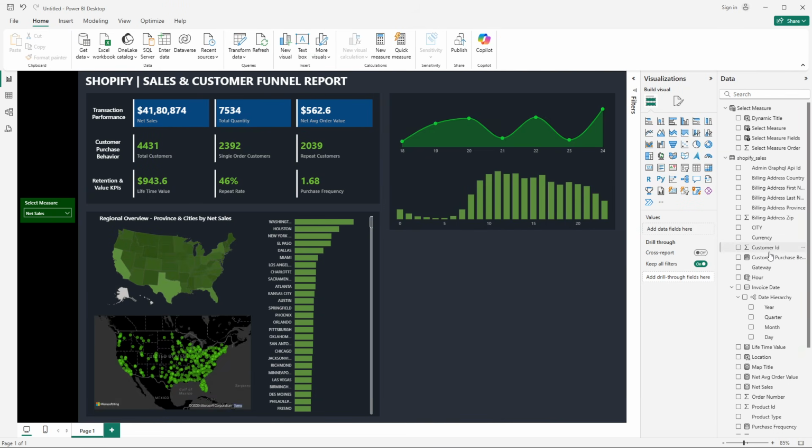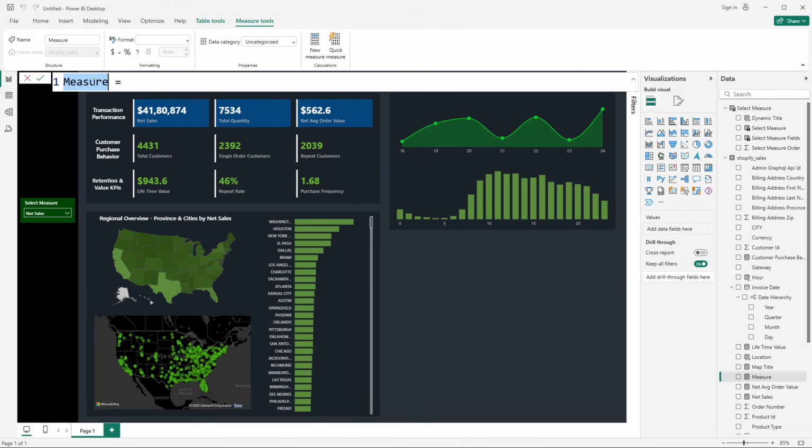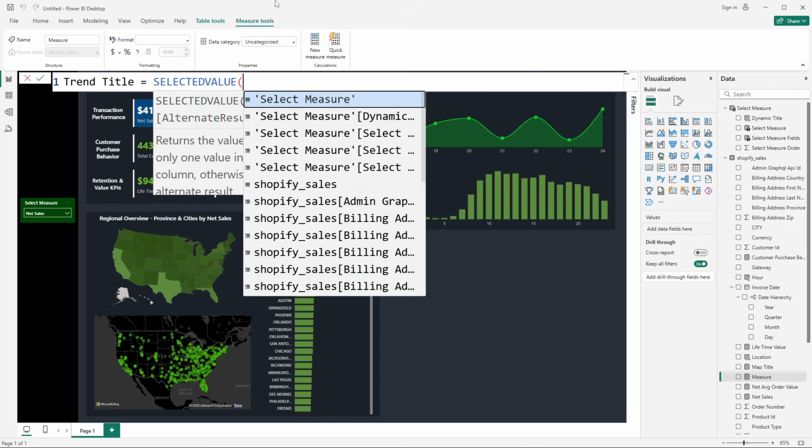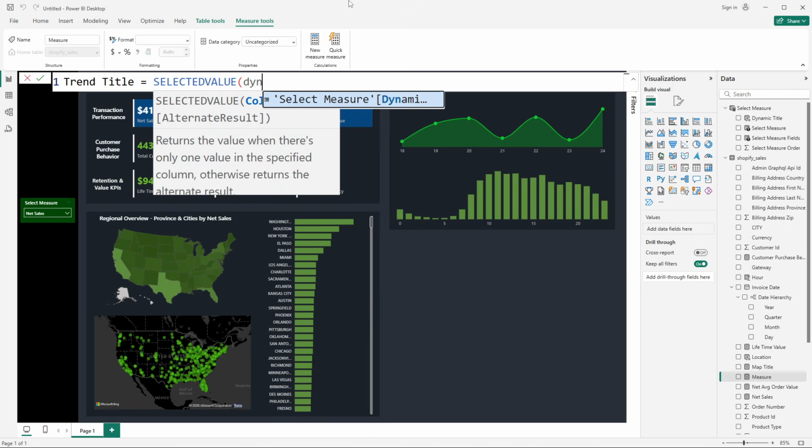So what we will do, I will just right click and create a new measure, and name it trend title. Okay, we'll name it as trend title. And here, what we want at start is that particular dynamic value. So we'll use the selected value DAX, and I will take a dynamic title from here. So this is the dynamic title,